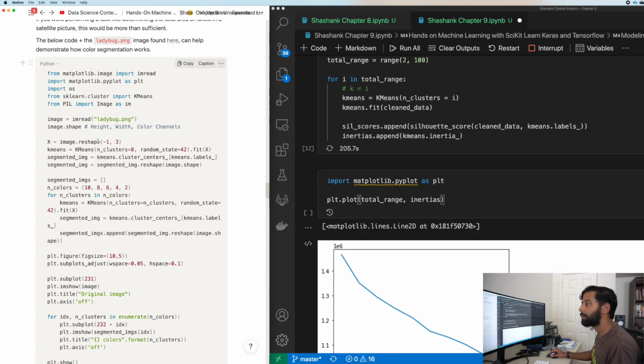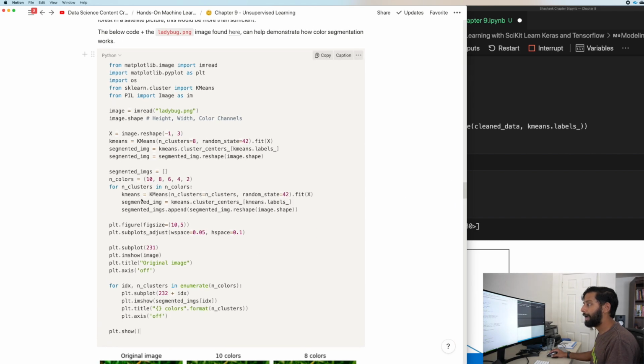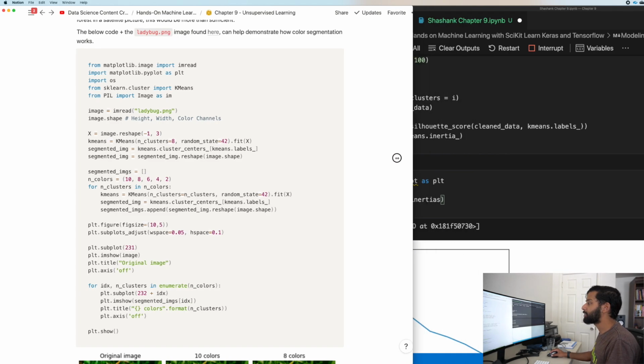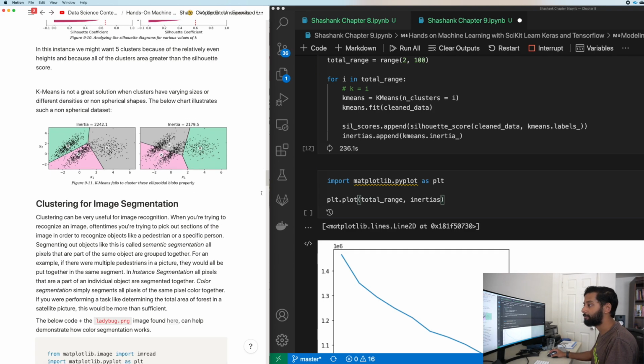So basically all he did is he brought in the image. So we imported the image, turned the colors into a NumPy array, and then just went ahead and imported that. So let me expand it this way so that it's a little bit easier to read. And here's the code for that section over there. So pause the video if you want to take a look at that. The reason I'm not going over it is because it doesn't seem like practical use of this method, because if I ever need to do any image classification or anything, I usually use neural networks because they're significantly better at this stuff.